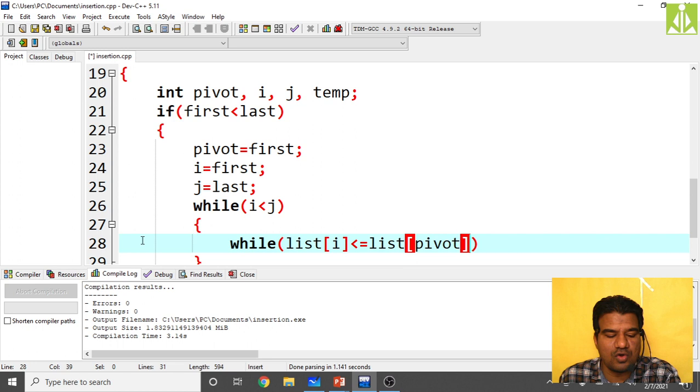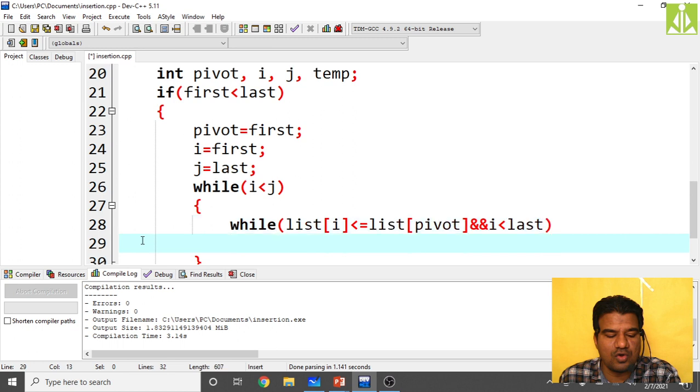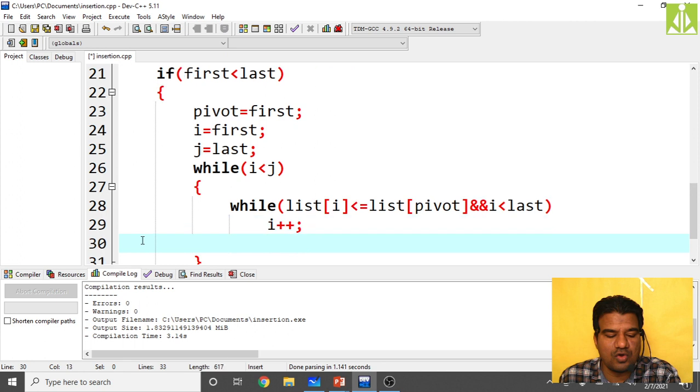Simply what we do, and i must be less than last. Here what we do is increment the left. Left is nothing but i, that is nothing but first. i plus plus, you do. Increment the i. Otherwise, check another one. Check with last.